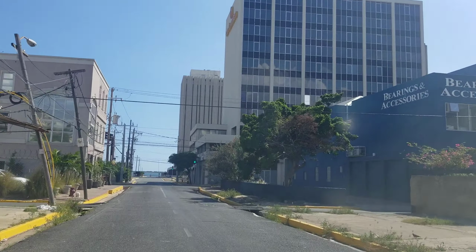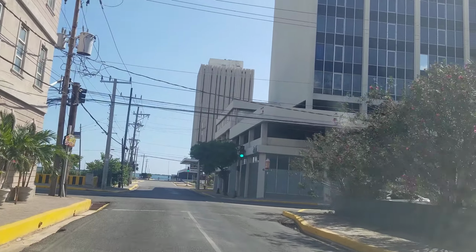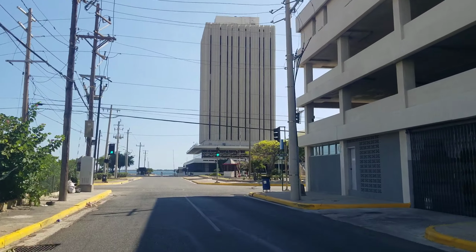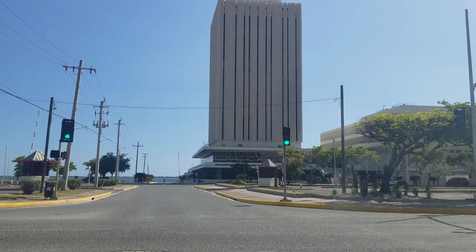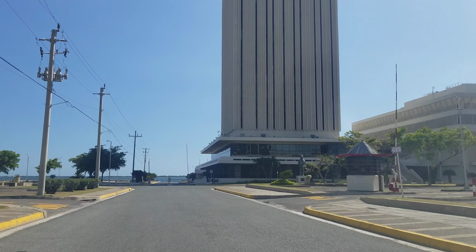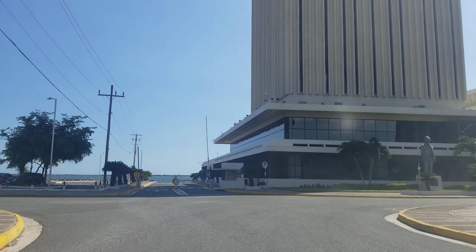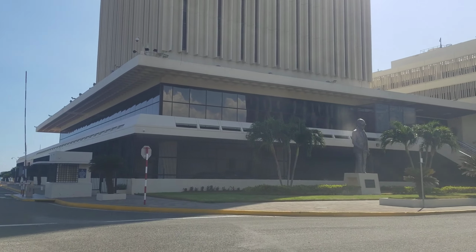Behind it is the Bank of Jamaica building, and we're just passing the intersection with Harbour Street now. And then now we're passing the intersection of Port Royal Street. That's the Bank of Jamaica building straight ahead. You can't see it right now, but the Scotia building is also there. Now persons have asked, and I'm curious too, why is the building still named the Air Jamaica building? Air Jamaica has gone out of business,